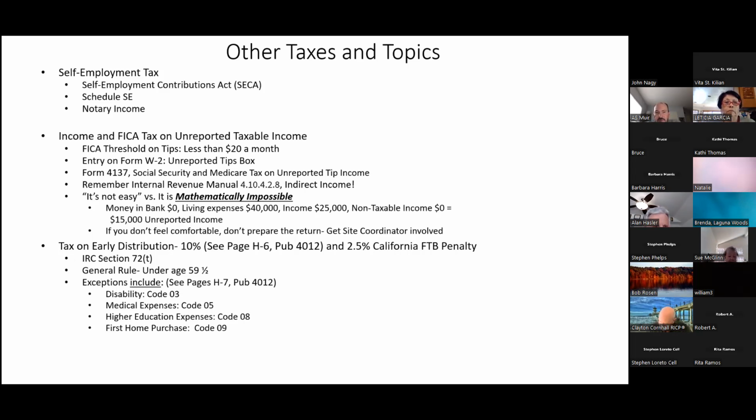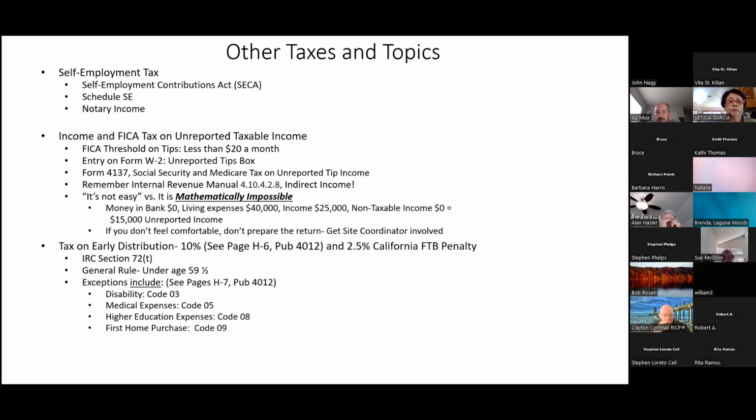Again, yes, I do have the background as a revenue agent, as a tax practitioner. I understand that. But I bump into people at the VITA site and I'm looking at the things and thinking, wait a second, this doesn't make any sense. So the example is you've got someone who pays living expenses of 40K, their income's 25. The delta there is 15,000 and there's no unreported income. And so I look at the tax return and say, you know something, this doesn't make any sense to me.